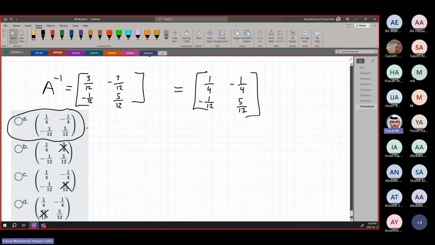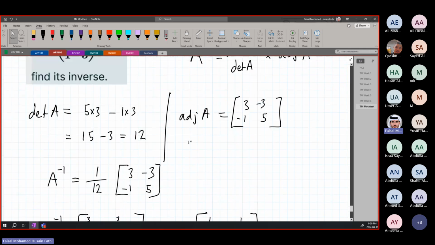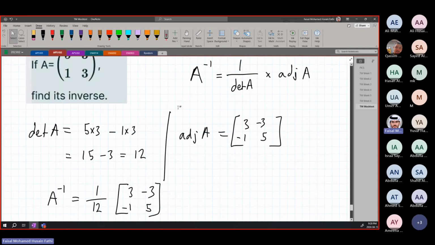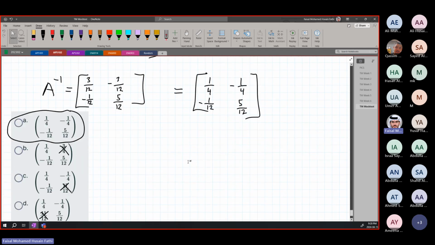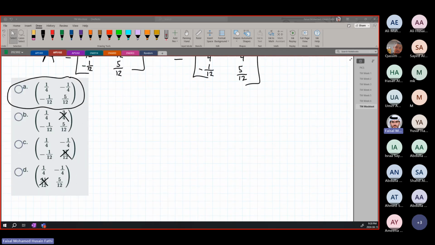Okay. So this is how you would solve your adjoint or inverse problem. If they ask what the adjoint is, all you have to do is just do this step directly. If they ask what the determinant is, all you have to do is just do this step directly. This is just the revision of all of matrices. Now,